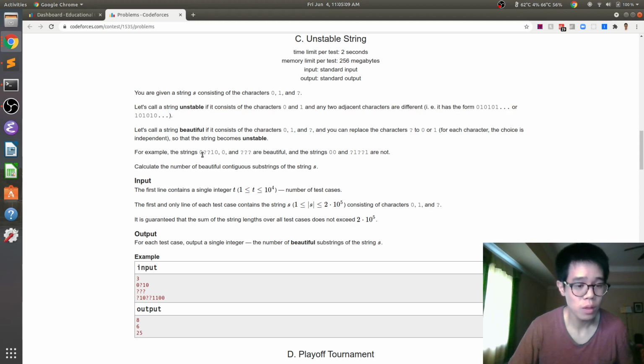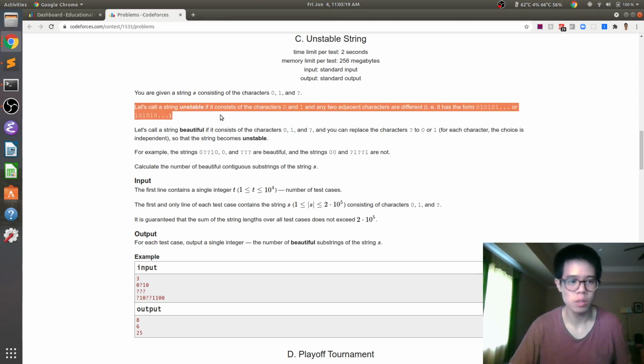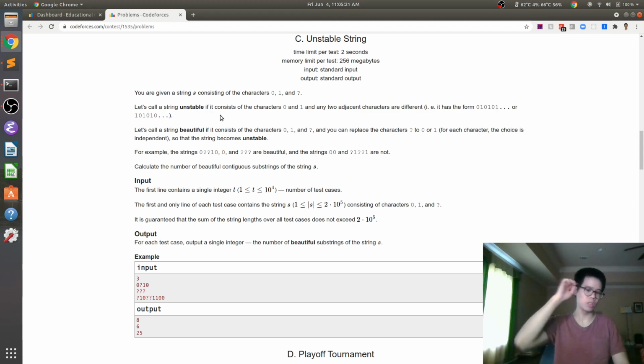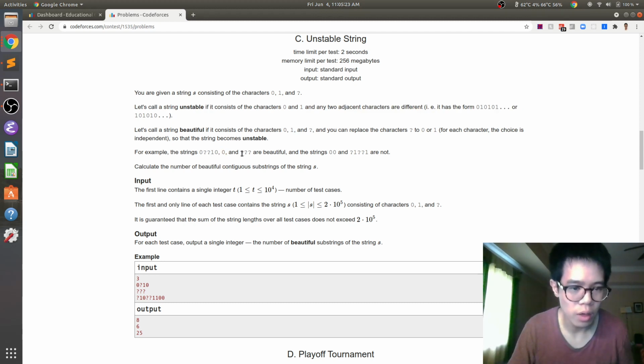to make the string an unstable string. So for example, this is beautiful because you can replace it with 0, 1, 0, 1, 0. A single 0 is beautiful even though it doesn't have any question marks because it just matches an unstable string. So any unstable string is already beautiful. And then, of course, anything that's all question marks is beautiful because we can pick either of these two options, 0, 1, 0 or 1, 0,